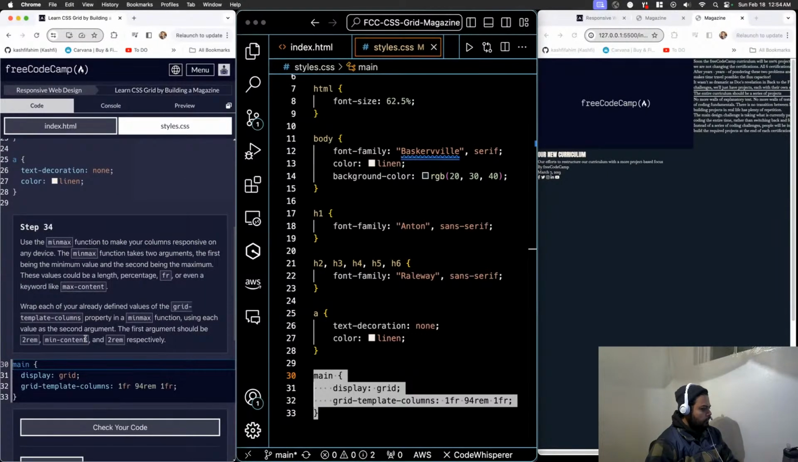Next, use the min-max function to make your columns responsive on any device. The min-max function takes 2 arguments, the first being the minimum value and the second being the maximum. These values could be length, percentage, fr, or a keyword like max-content. Wrap each of your already defined values within the grid-template-columns property in a min-max function, using each value as the second argument. The first argument should be